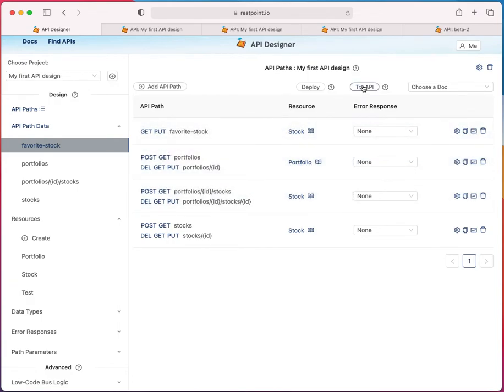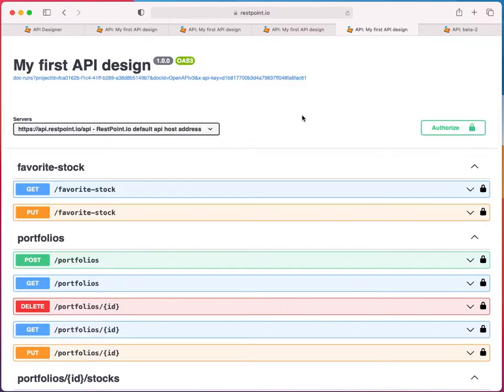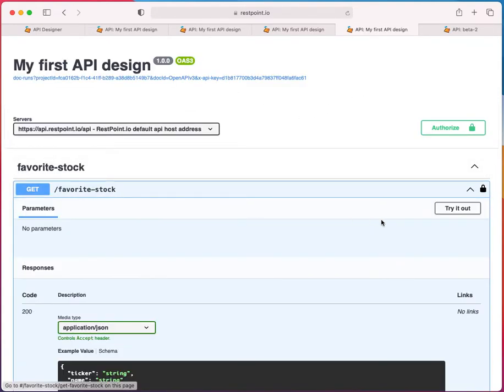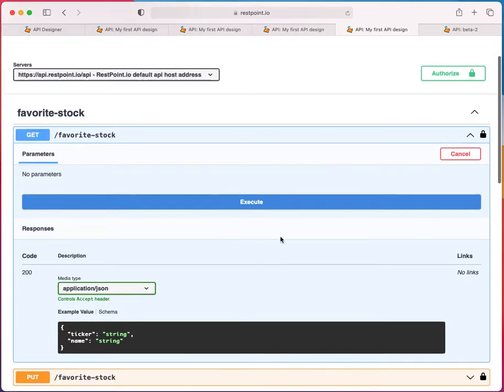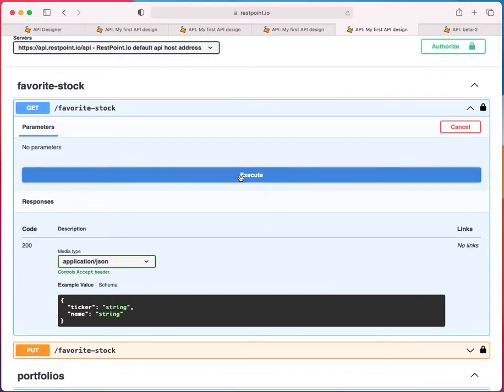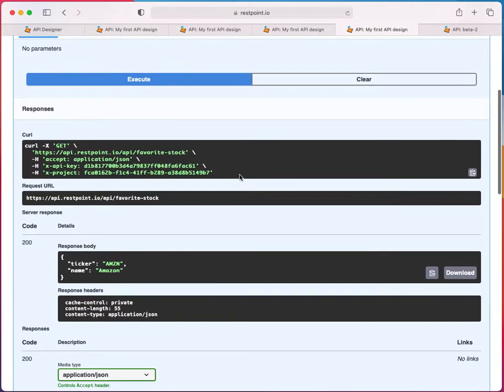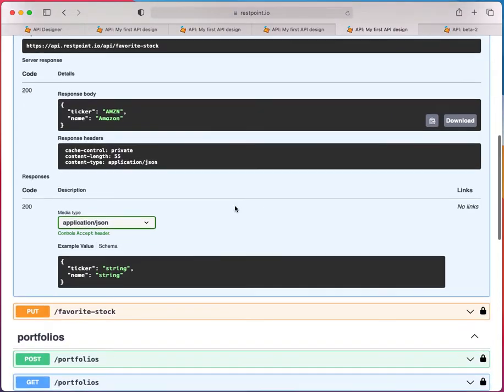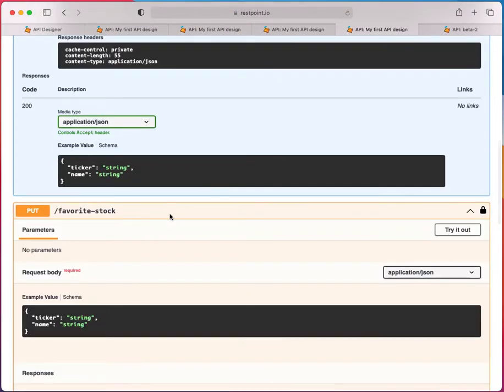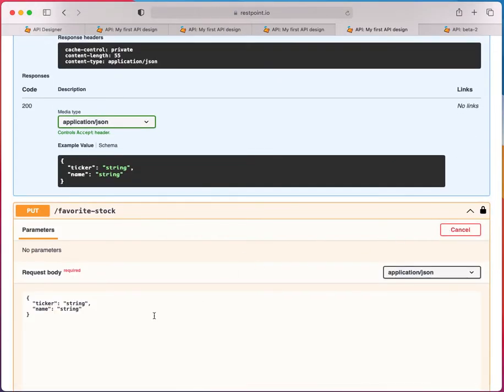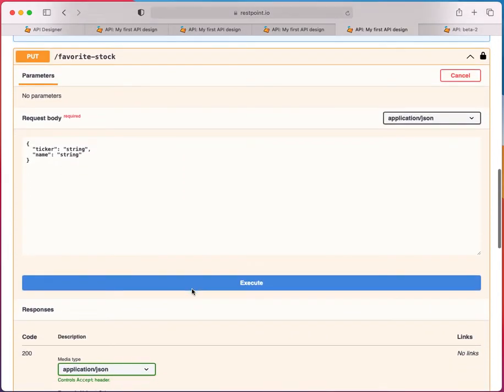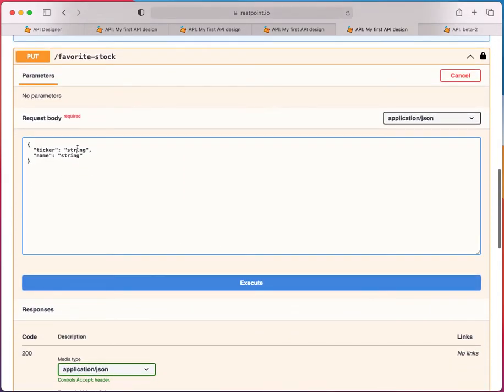So now if we wanted to give this a try, let's go try our favorite stock API. So I'm going to come in, I'm going to say get it. And I'm going to go execute. And you'll see there is Amazon, XAPI. And there's my favorite stock. Let's say I wanted to change that to Tesla. I could come in, put this in here,